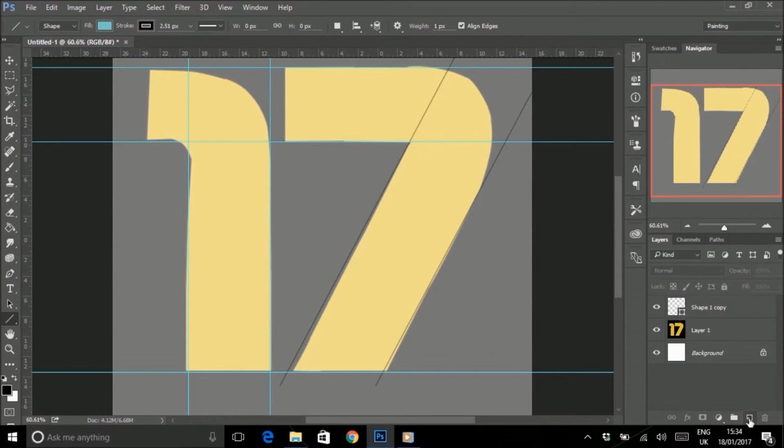So I'm going to create a new layer by pressing this create new layer button down here, and we see I have a new layer. And I'm going to start creating my shapes. To create my rectangles, I'm going to be using the pen tool. And at the top, you want to make sure you're set to shape and not path, because we don't want paths for now. We want shapes. So let me pull the opacity all the way back up on this,